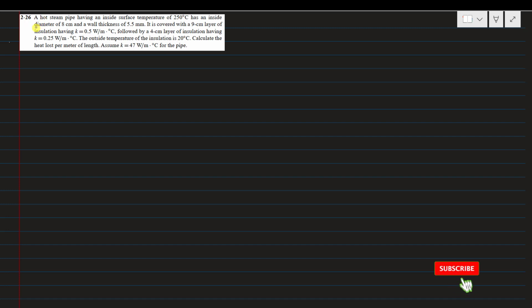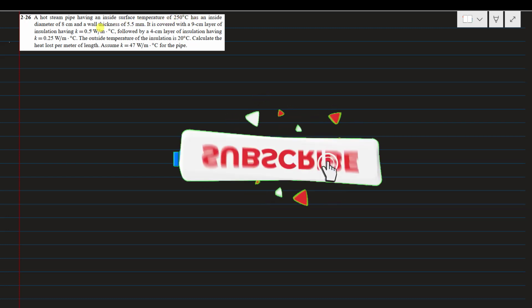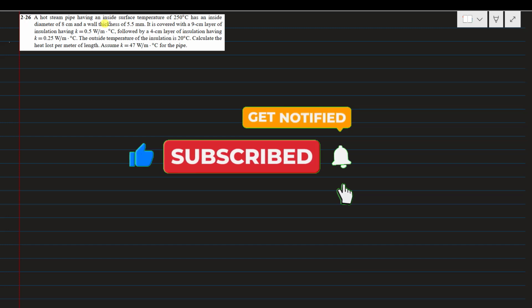We will solve problem 2.26 from the book Heat Transfer, J.P. Holman, 10th edition. Here is the statement of the problem: a hot steam pipe having an inside surface temperature of 250 °C has an inside diameter of 8 centimeters and a wall thickness of